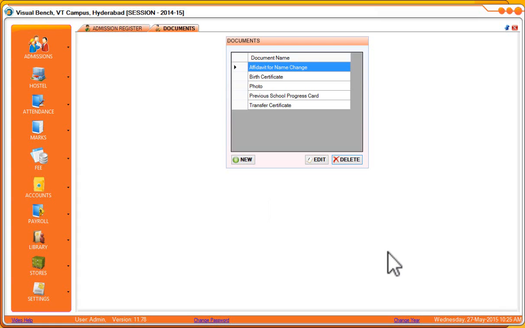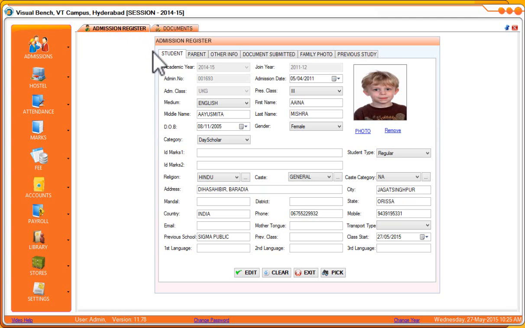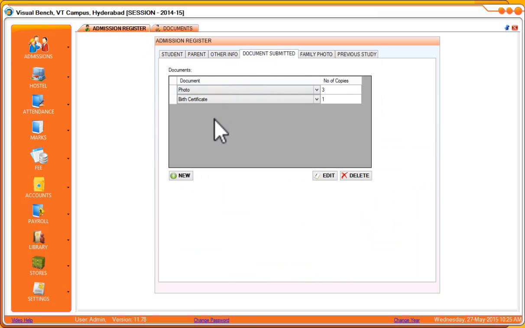So go to admission register and then click on document submitted. These are the list of documents or certificates to be submitted by the student. Let's say photo, 3 copies is given. Birth certificate, 1 copy is given.